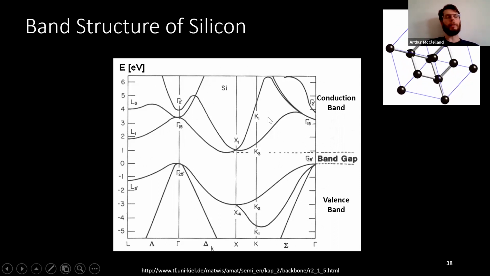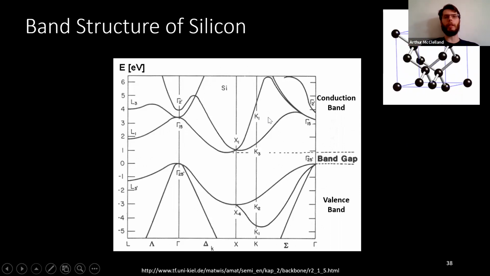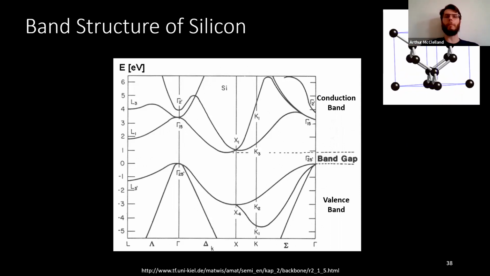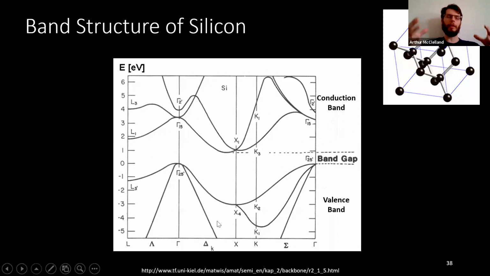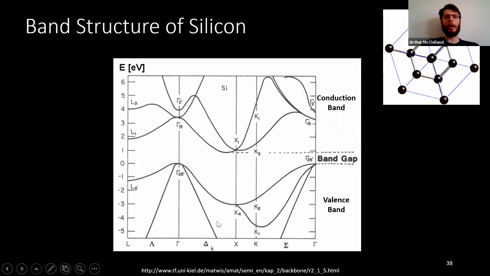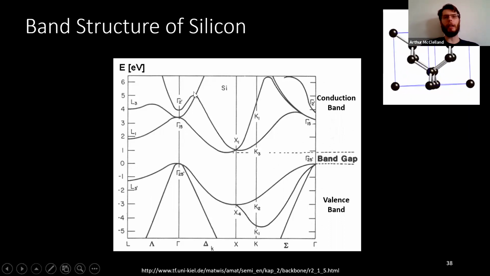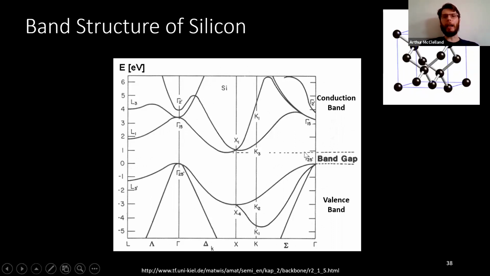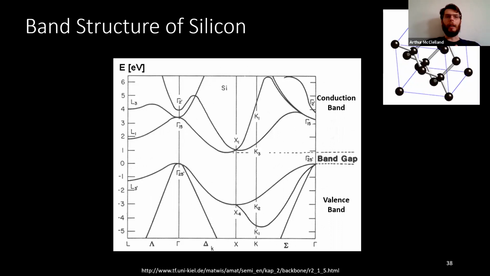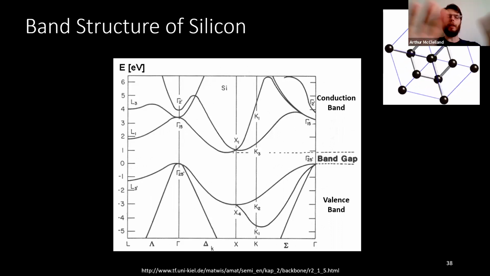And the conduction band is those quasi-free states where the electron can move around and it's no longer bound to one of the atomic cores. So in the valence band, you can think of it as in one of those bound states to an atomic core. In the valence band, and the conduction band, it's quasi-free and can be conducted off to do useful things for us. And the band gap is this forbidden region. The electron can never be in that region.